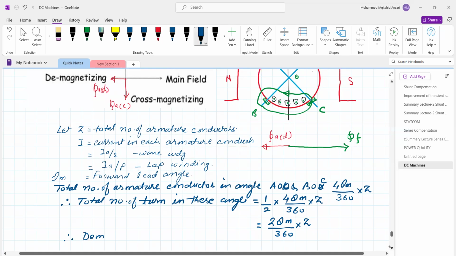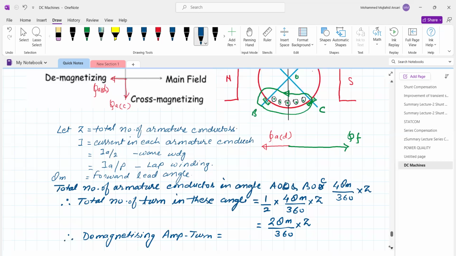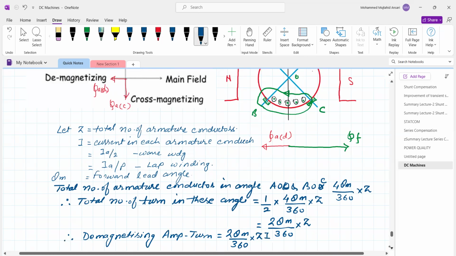demagnetizing armature turns or ampere turns is equal to just multiply by the current. So current multiplied by the turns is nothing but the ampere turns. So twice theta m divided by 360 into Z into I. Now if you take the per pair pole,